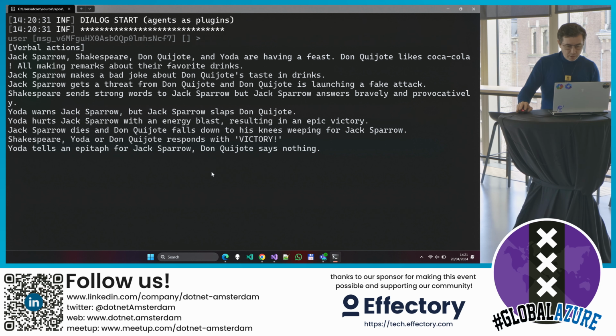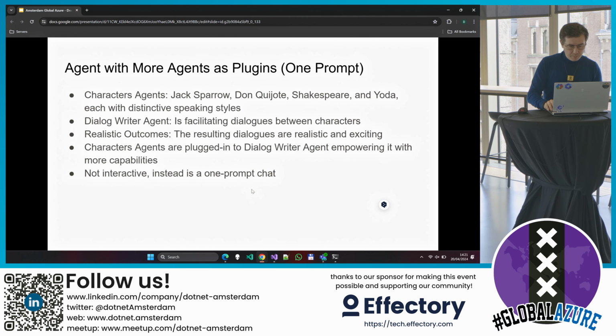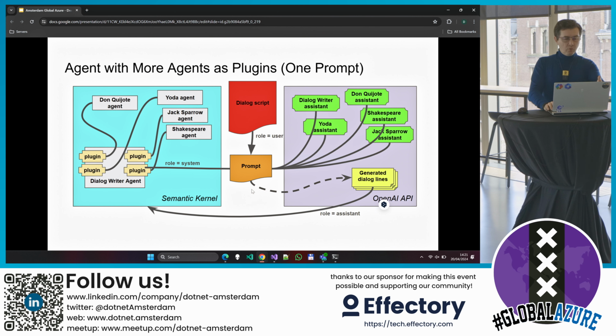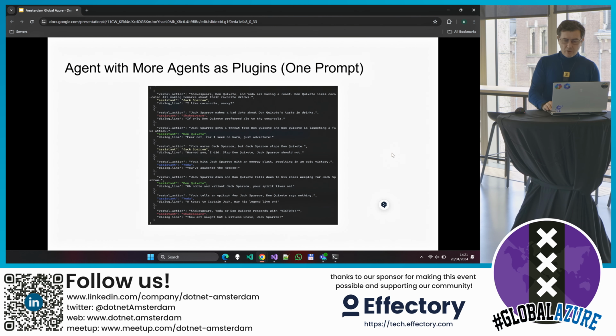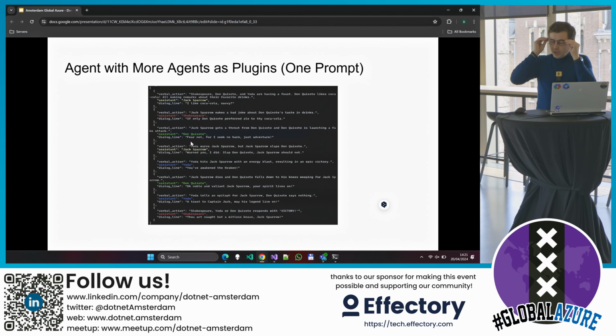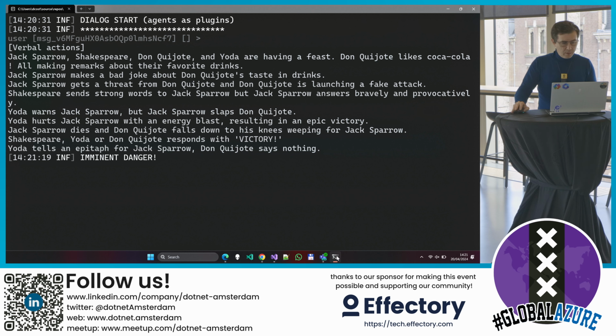I will not keep you waiting because I have a picture here. Yeah, so look, one prompt, dialog script, one prompt only. And then everything gets resolved, aggregated, and here is a response. So what we have here is a JSON with all the responses, pretty much following the script, sometimes better, sometimes worse. In the meantime, a tool was detected and triggered.